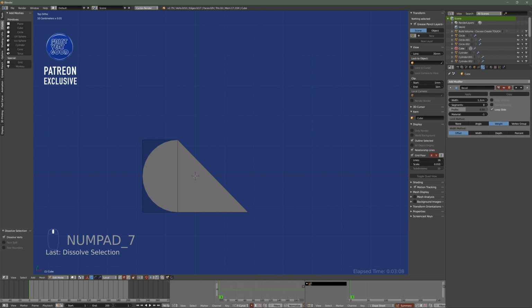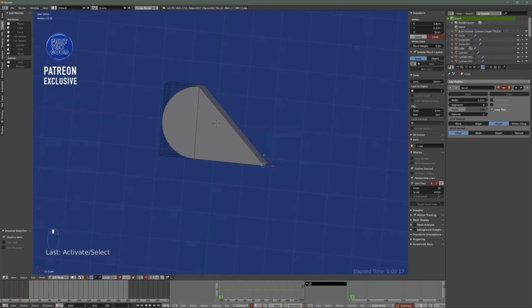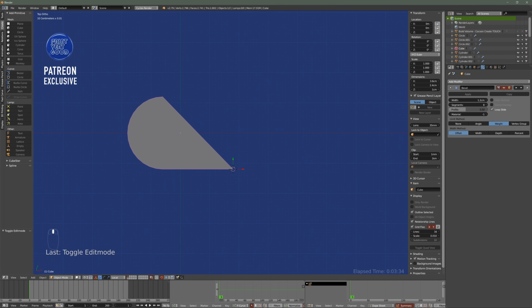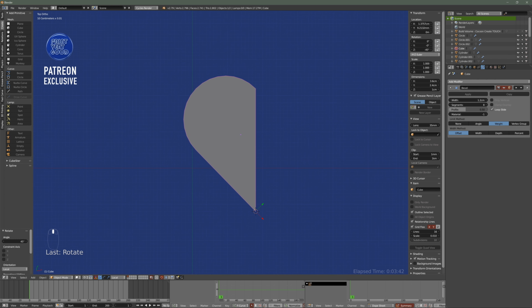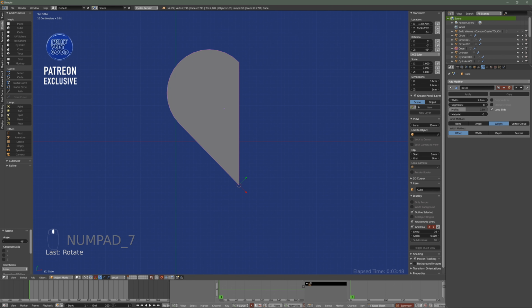which has given me my half a heart shape, and I'm going to switch to vertex mode, select this vertex, and I'll snap my cursor to that selection, and I'll switch the pivot point to being around the 3D cursor. And now if I rotate this with the snapping tool set to increment, from the top view I can rotate it and it will snap to be completely vertical. At this point I might delete the face,